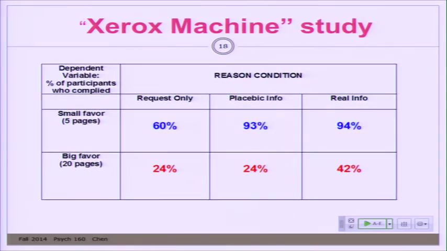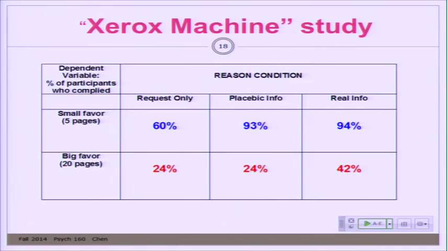Contrast that with the small favor condition. Okay, it's not a big deal. There are no red flags out in the environment. What do you typically do when someone asks you a small favor? I have the script that someone asks you a small favor. What's the big deal? Yeah, sure, go ahead. Can I borrow a pencil for the exam? Sure. Do you have an extra red Scantron sheet? Sure. It's not a big deal. I don't need to think hard. I don't stop to think, should I give him my Scantron sheet? Should I let him borrow my pencil? I don't think that hard about it. I've got scripts about small favors and compliance.